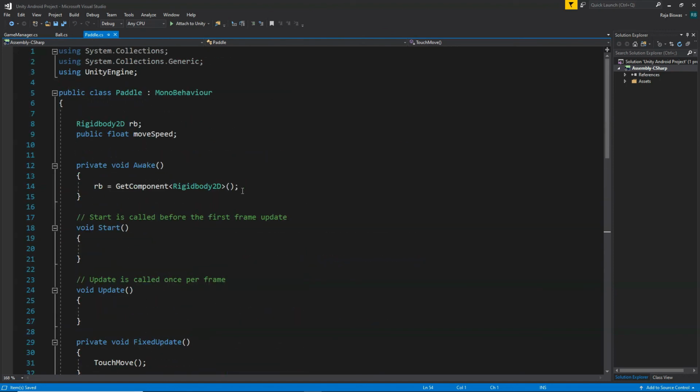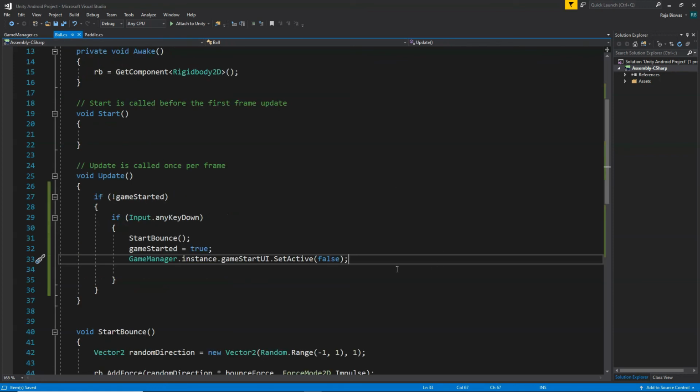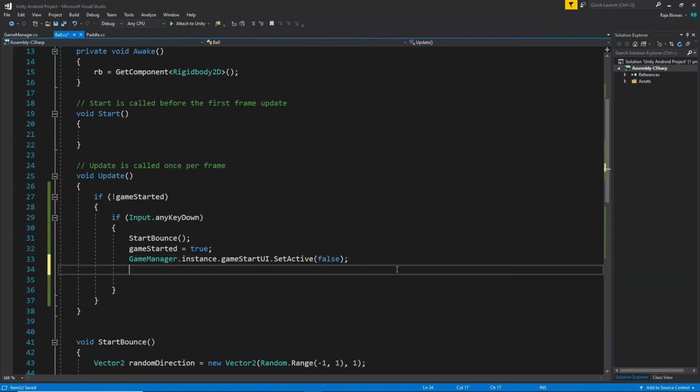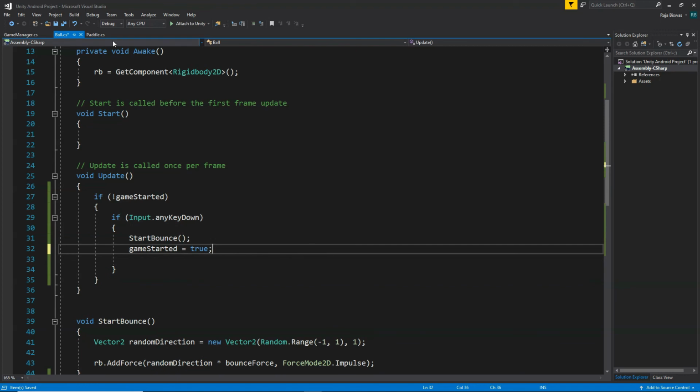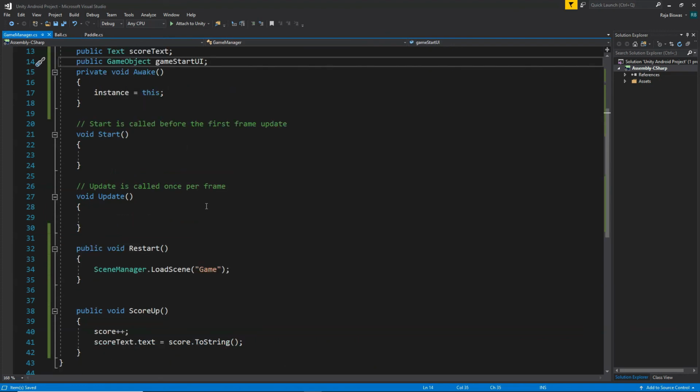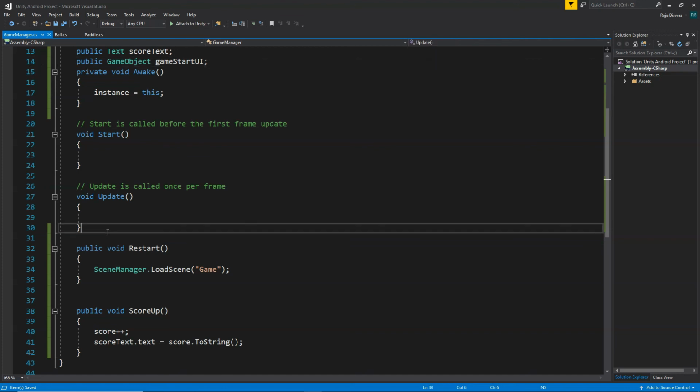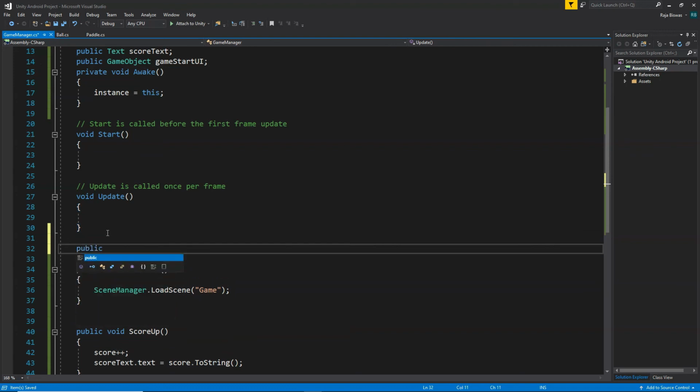score text. Okay, so instead of doing all these things here, what we can do is do all these things directly from our game manager. So inside the game manager, we can create a new function. We can create a public function, public void GameStart,